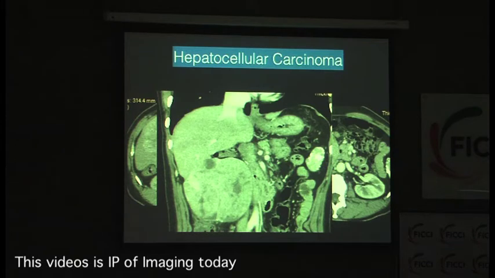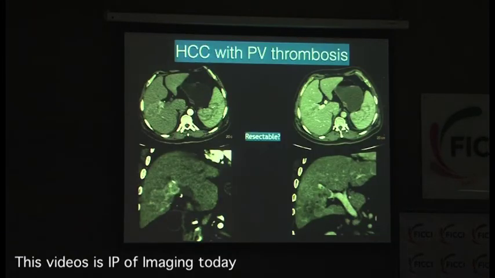No, you don't always have to do an anatomical removal. You can do a non-anatomical removal, especially in patients who have cirrhosis and patients who have HBV or HCV. You can do what is known as a non-anatomical resection. You take a wedge of the liver out, and you take a large part of that and the whole tumor out. So this spares the patient a lot of liver volume. Now, HCC with portal vein thrombosis.